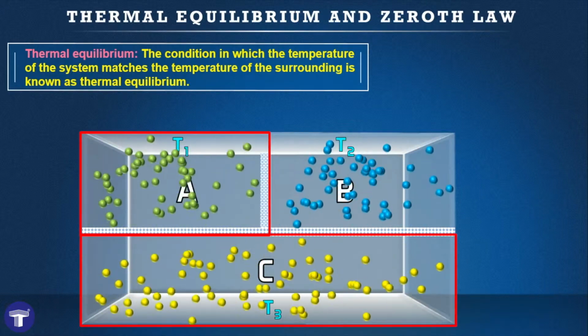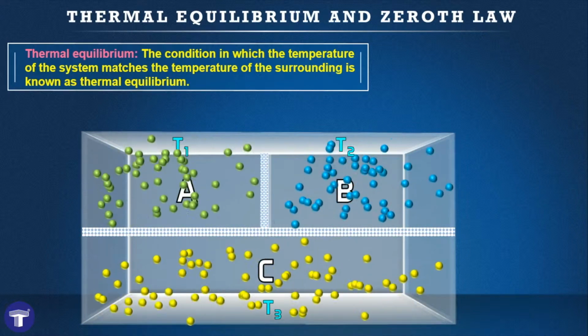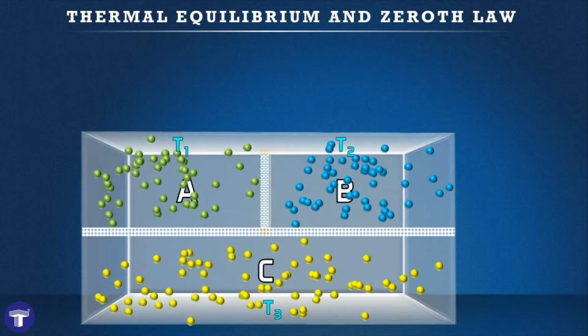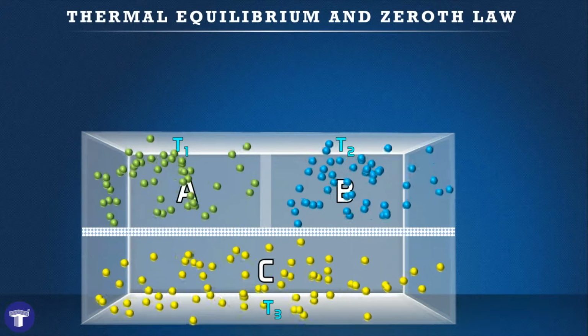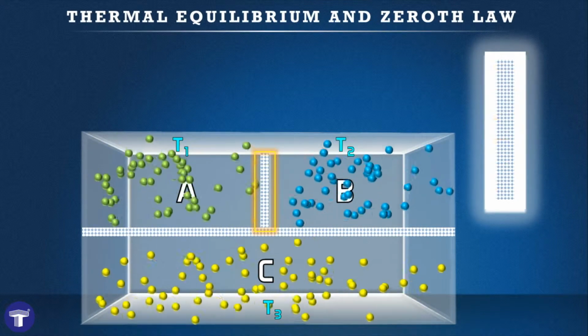Heat has only flown from A to C or B to C. Now B and C are also at the same final temperature. So now let me ask you a question. If next I remove the partition between A and B, that is, if I remove the partition which was not allowing heat to flow and replace it with a partition that allows heat to flow between them, what exactly do